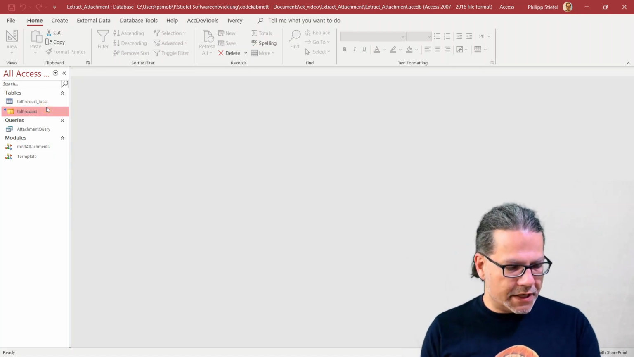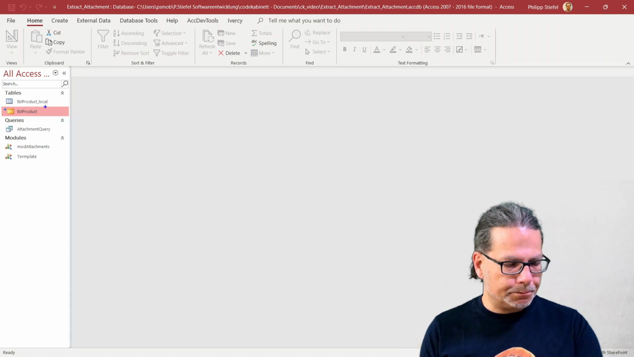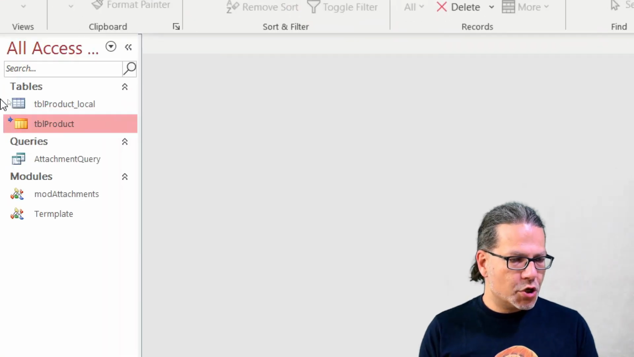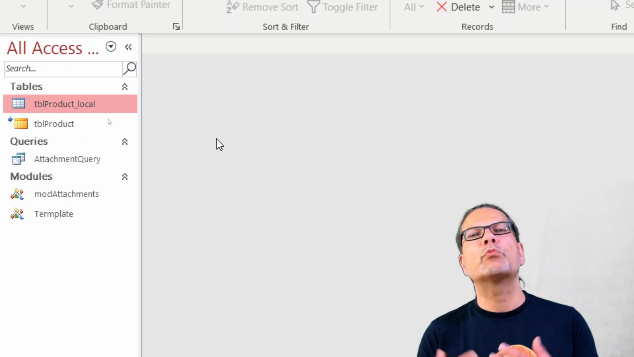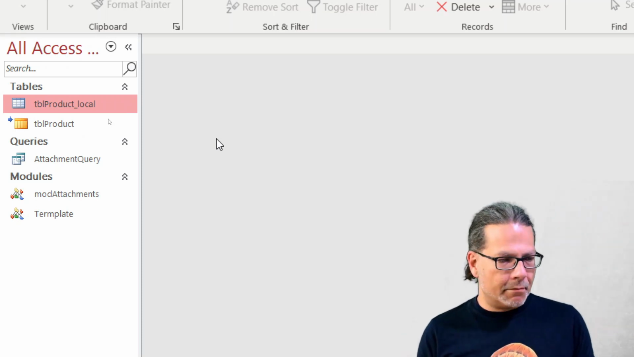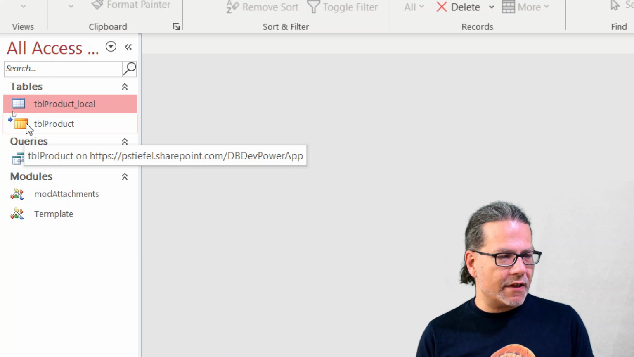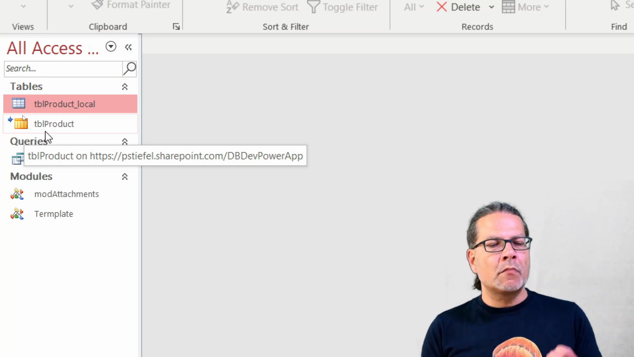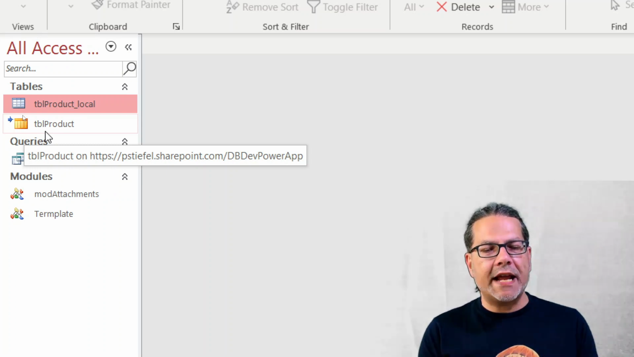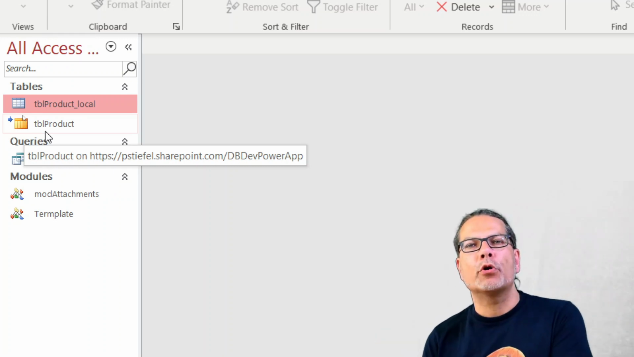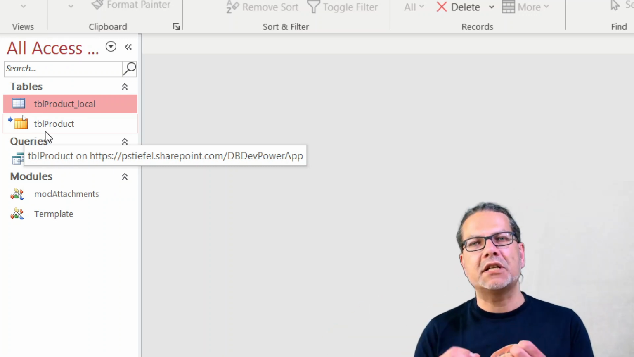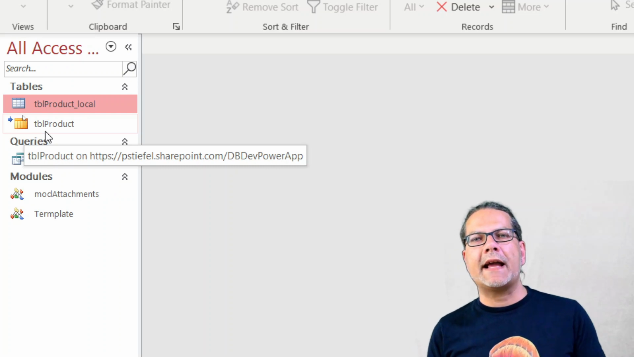You might have noticed that there are 2 tables here, our TBL product local, which we worked with until now, and one with this yellow icon. And you also see the tooltip. It is a SharePoint table, or rather a SharePoint list that has been linked as a table into my Access